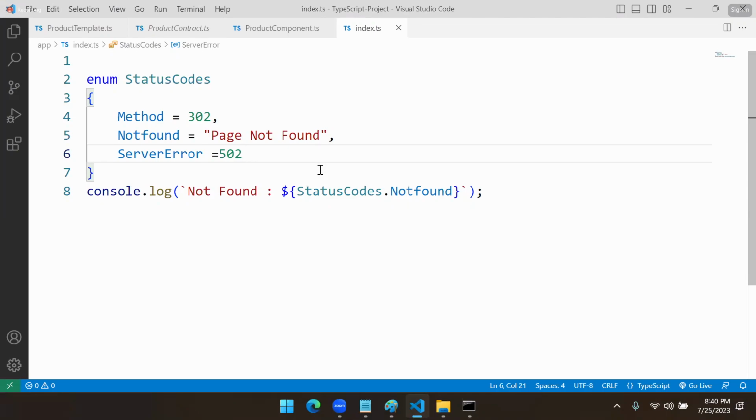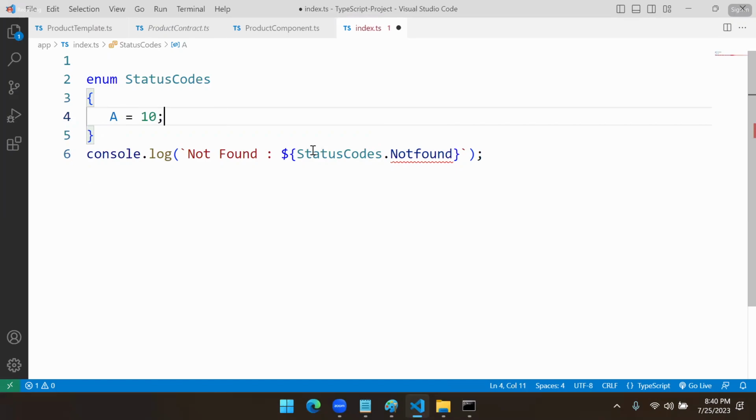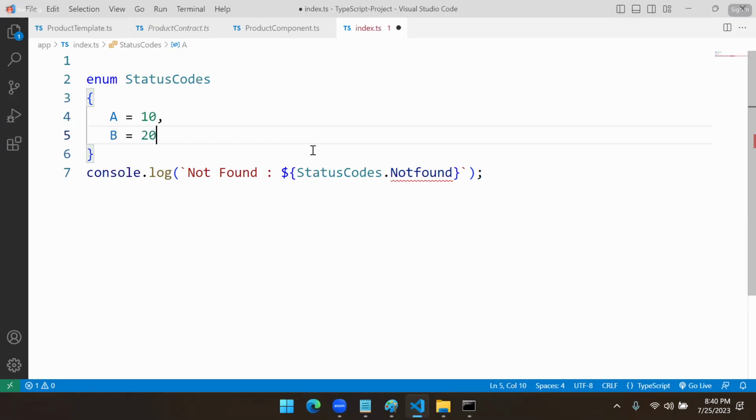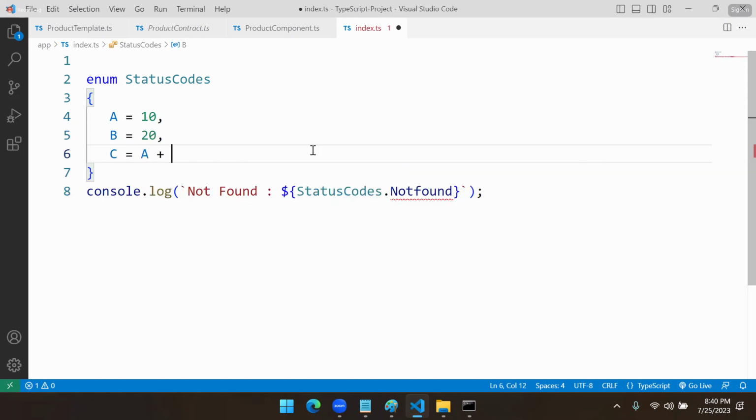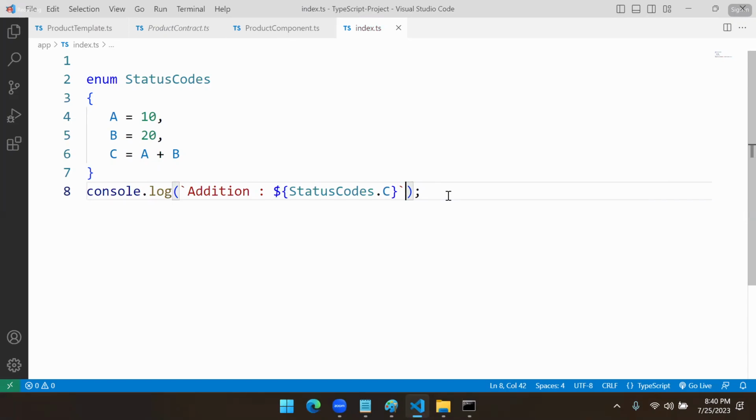You can have even an expression as a constant. That means you can have A is equal to 10, B is equal to 20, C is equal to A plus B. It is also a valid one. Now we want to print the addition. The addition is stored in status codes, in C. You can have an expression as a constant, but remember, enum will not